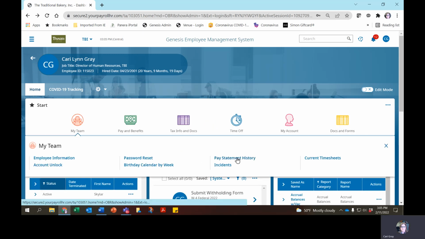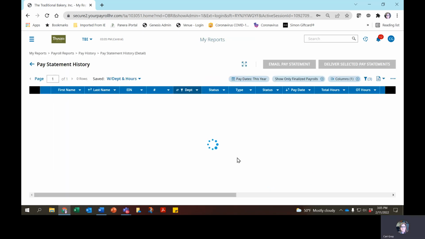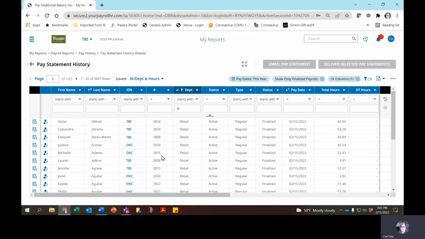Pay statement history. Again, these are your employee pay statements. So if an employee has a question or has a problem and you want to view their pay statement, you can click on that, and then you would click here to preview their pay statement. What it'll do is your list will have all the employees here, and the most recent pay date should be on top. If for some reason Skylar had a question about a January pay stub, you could filter just for